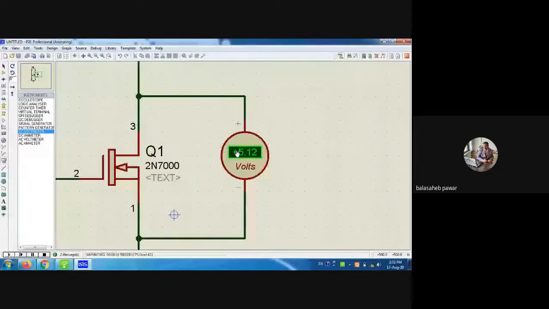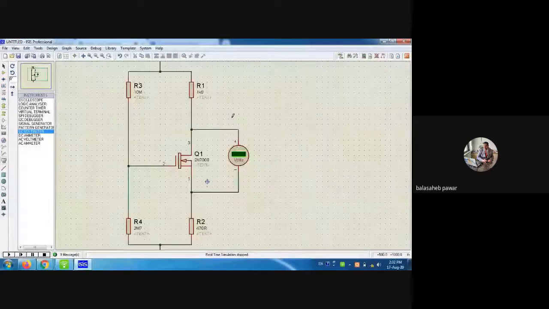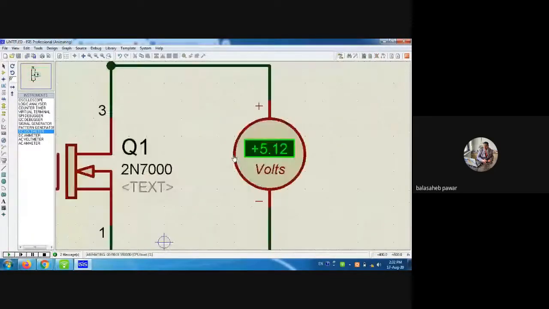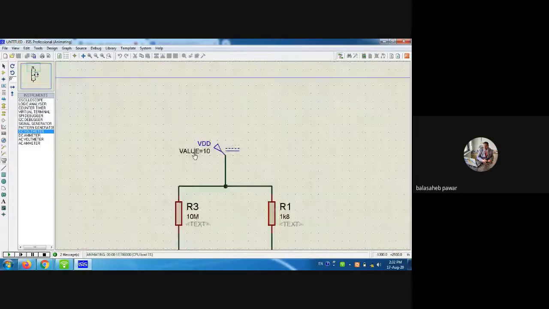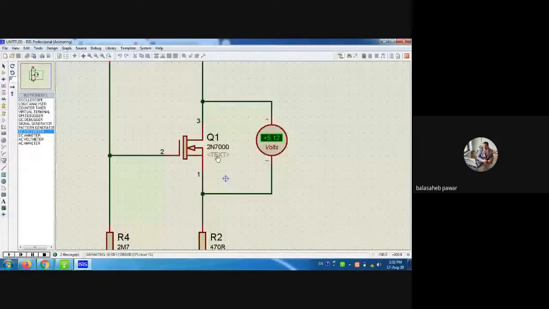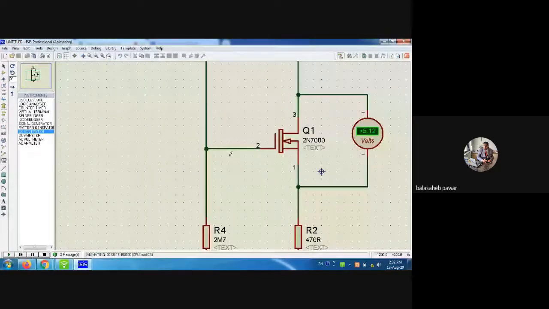So is it okay? Whenever I run this circuit, all these things we already implemented. Now what we have to do? Just play it, just run it and see. So how much is the value of VDS? It is 5.12 volts. How much VDD are we applying? VDD applied is 10 volts. Correct? This VDS will vary from 0 to 10 by changing the value of this VG. And that VG we set by using the voltage divider, that is R1 and R2. Correct? Again, just stop it.